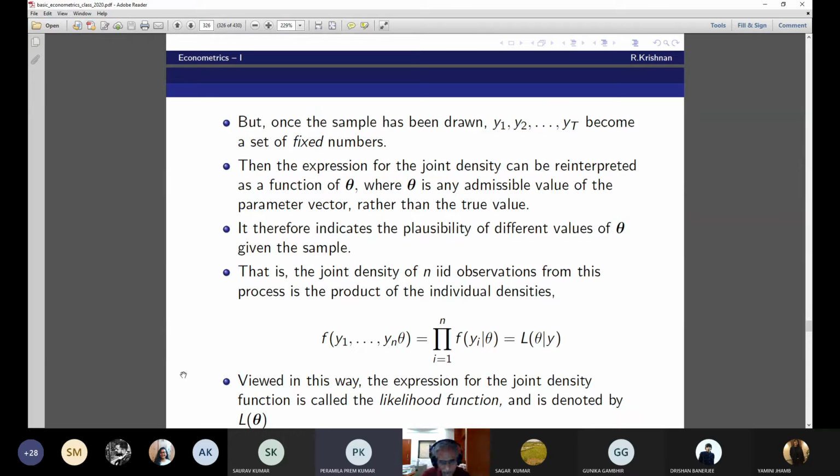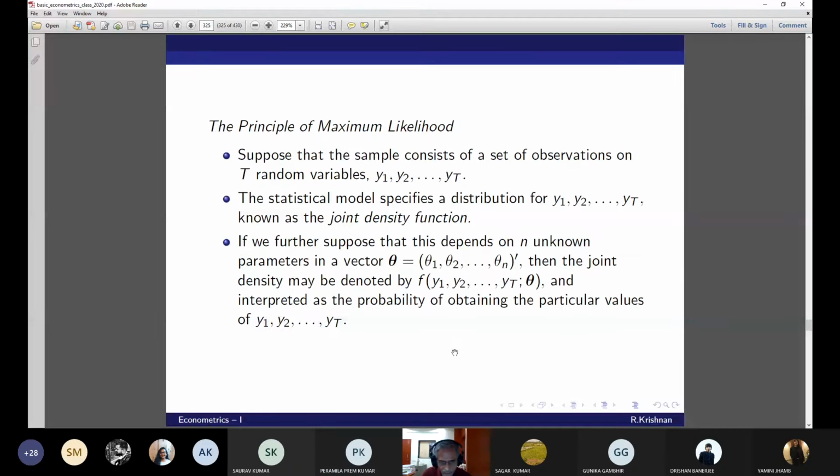Why not? That is what I asked you a question here. How will you maximize this? My idea is to maximize this probability. How will you maximize this probability of obtaining these particular values? I would differentiate with respect to theta. No, don't go to differentiation and all. Simple common sense question. I want to maximize this probability.